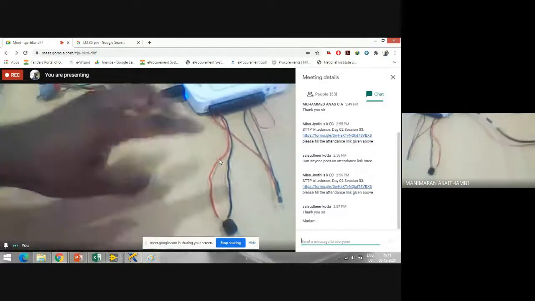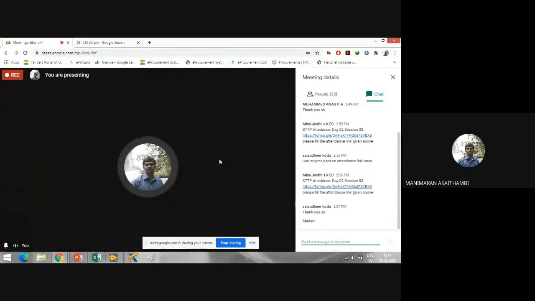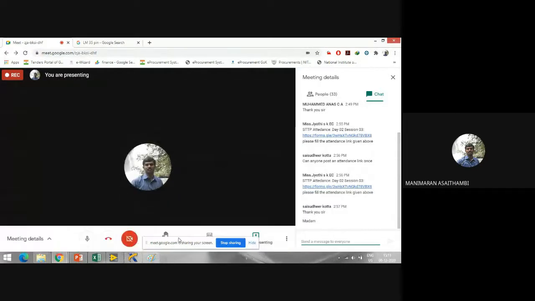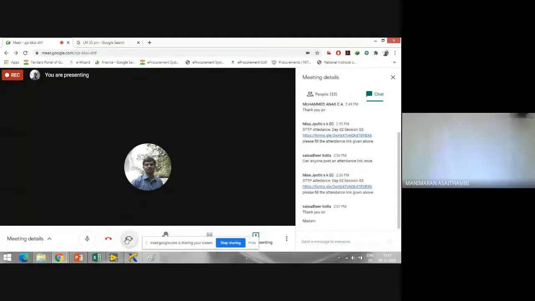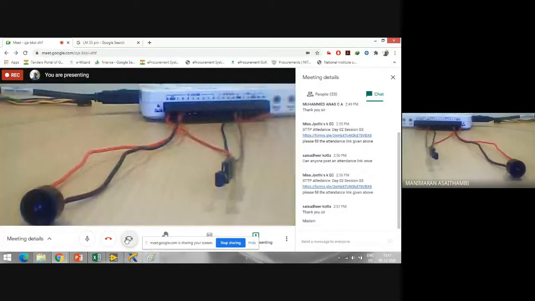It's something like a temperature monitoring system. I have to give something as an alarm. We will try to do that. Yes, we will try to do this temperature monitoring system, which we are halfway through, as an alarm system.